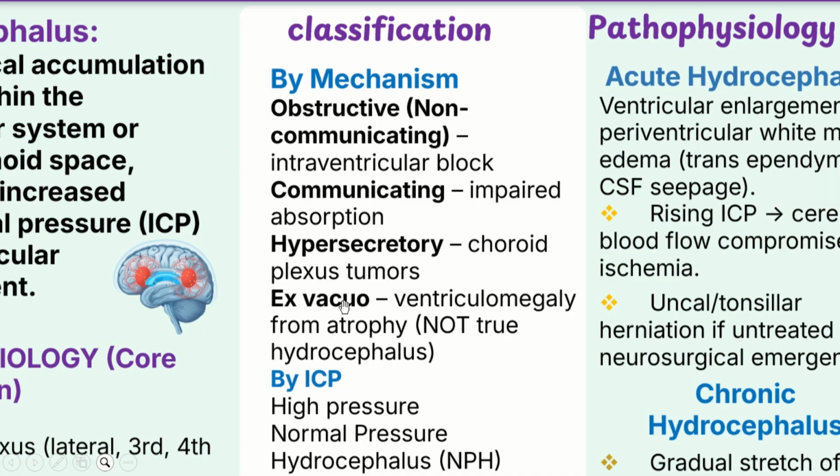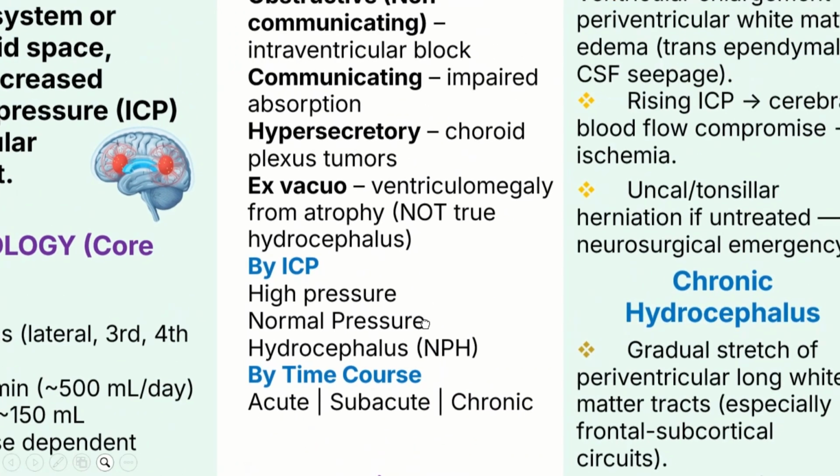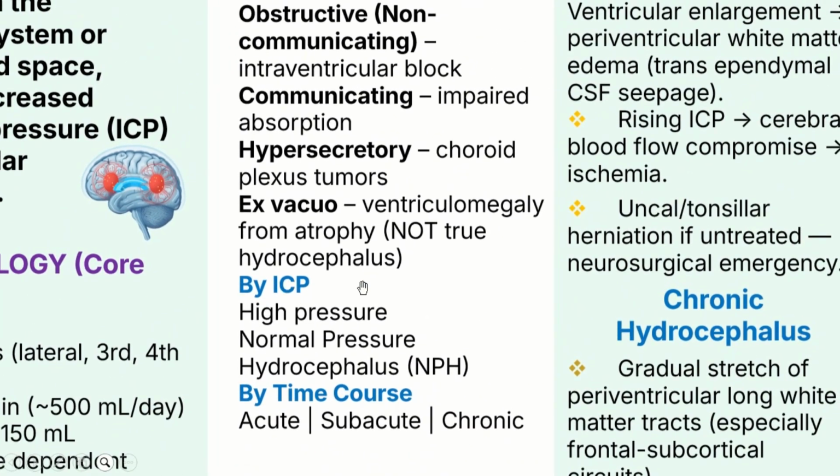So what happens here is that we have the brain atrophying, and when the brain atrophies, the ventricles are going to enlarge, and that is going to give an appearance on imaging that will resemble hydrocephalus, but it is not. So it's very important to know that it's not true hydrocephalus. So we can also group hydrocephalus by ICP, where we have the high pressure hydrocephalus, the normal pressure hydrocephalus, and